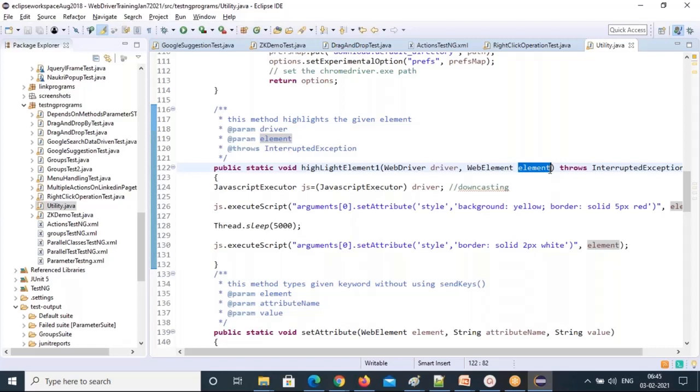Suppose you are giving a demo to your managers or anybody, and if you're running the test scripts, they won't understand what is happening on the web page.